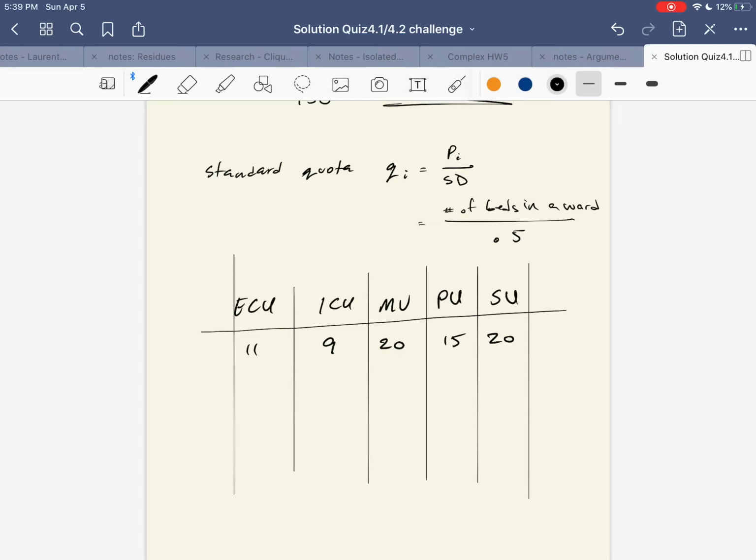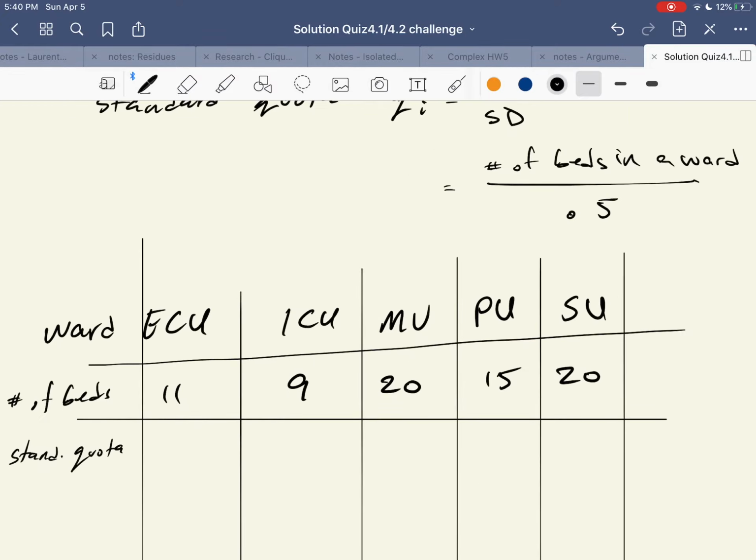So remember here we had ward, number of beds, and underneath that we're going to have our standard quota. So when we calculate the standard quota,